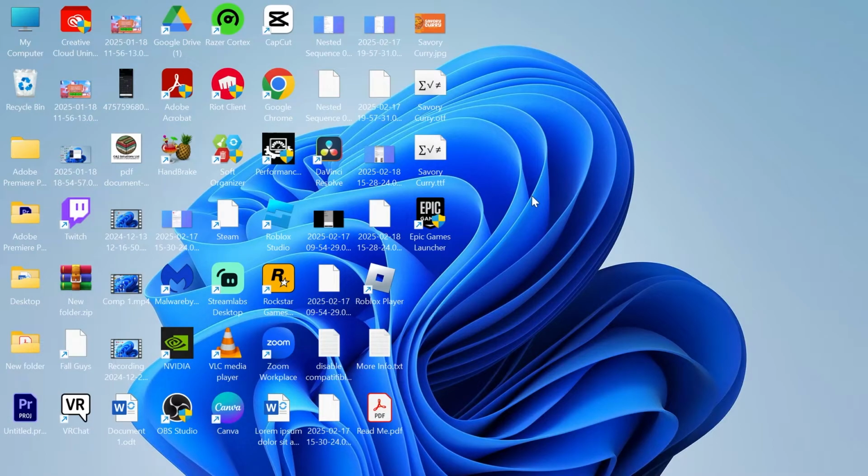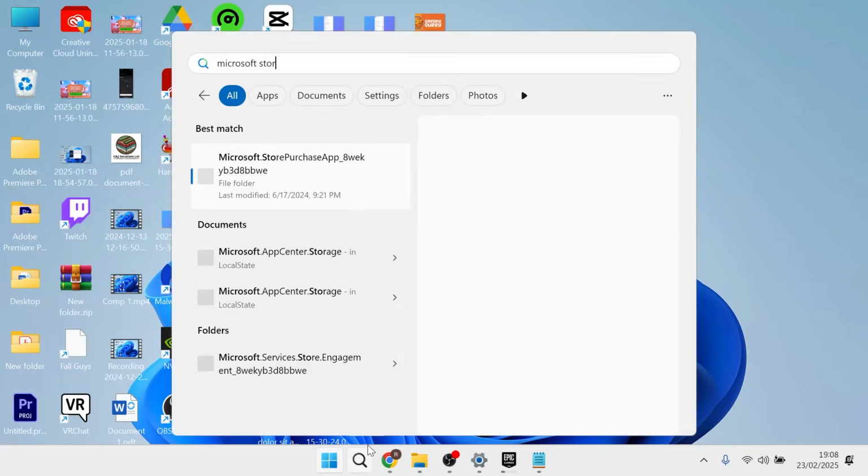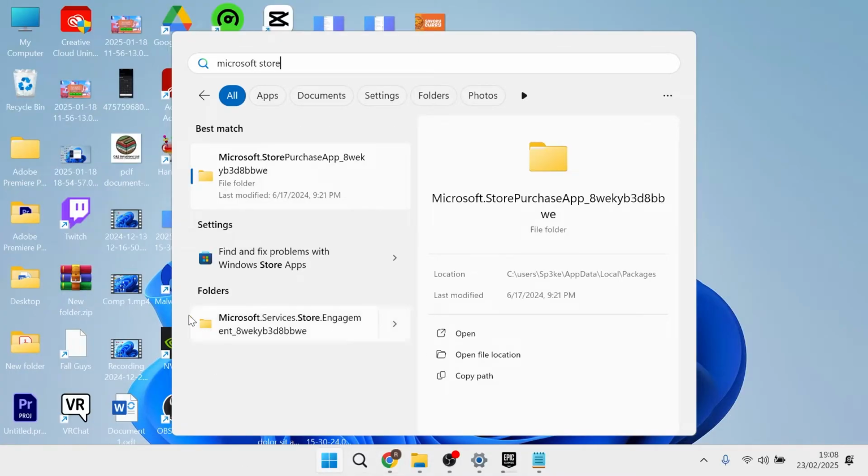In this video, I'm going to show you how to install the Microsoft Store in Windows 11. So you can see on my computer, if I head over to my Start menu and search for Microsoft Store, then I can't seem to find this application on my computer. So whether you've accidentally uninstalled this or it's been removed from your PC, I'm going to show you how we